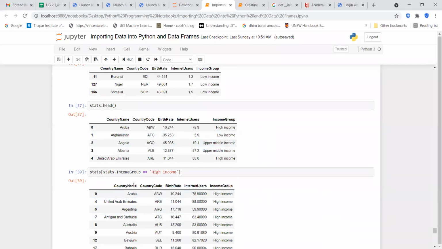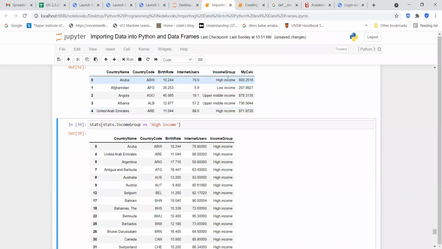Okay, if you want to see, for example, the entries within the income group column, you have high income, low income. If you put stats.head, you will see the income groups: high income group, low income group, upper middle income group. These kinds of entries are there. But if you want to see only those rows where high income is there within the income group column, how can you see that? stats.income group